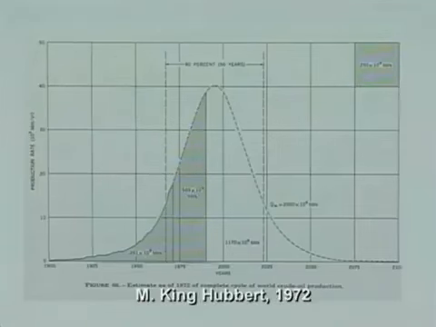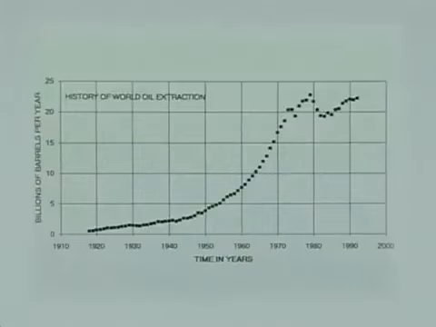Well, we have to ask about world petroleum. And in 1972, Dr. Hubbert produced this curve, and he suggested that he thought the peak of world production would occur around 1995. So we have to go to the data and see what has happened. Here, again, from our Department of Energy, but this now is world oil production, and we can see a long period of steady growth of oil production. There was quite a major drop right there.